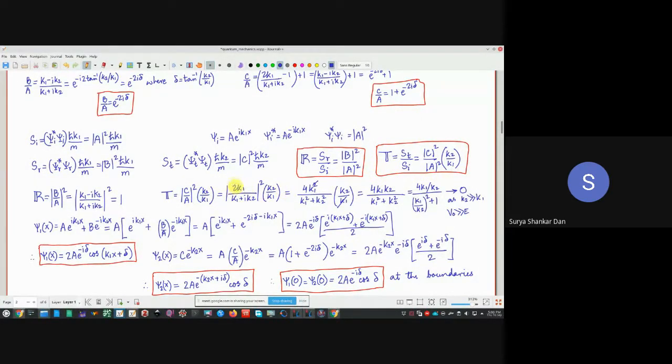देखो C by A का वैल्यू ये था. So all I have done is K2 by K1, K1 cancel. Okay, this essentially comes. Yeah, Ashok, tell me. Sir, whatever incident is coming back as reflected, so it's okay here transmission coefficient is 0, but not exactly 0, right? So according to law of conservation of energy, there will be some loss will be there, sir. Is it correct? Yes. Now comes the thing which I have to tell you.